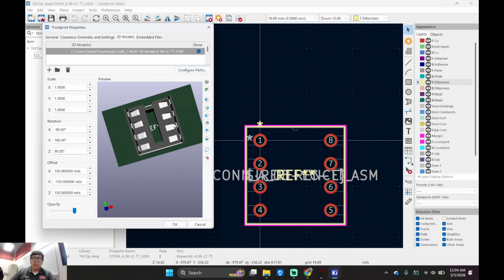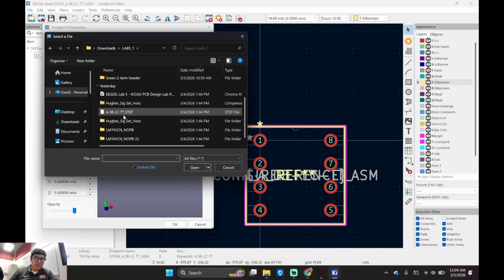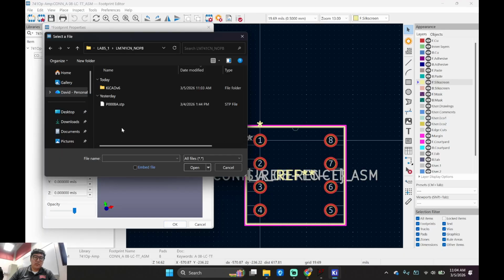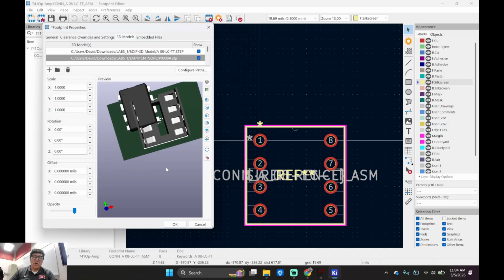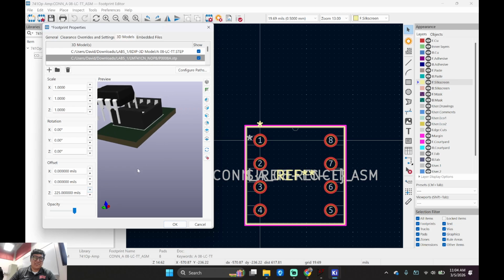And then, what's the next thing I want to add to this? The op amp itself, right? So let me go plus right here. Let's go find that op amp. 741, the step file. Click on that. Boom. All right, let's lift it off. You guys like these little caterpillars or centipedes?